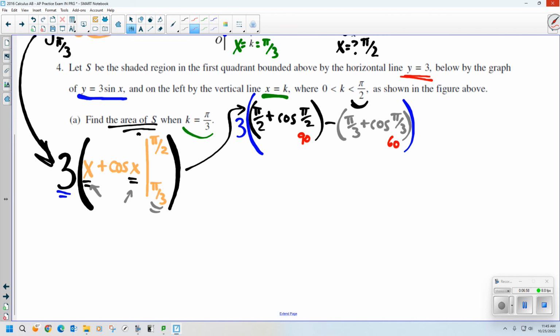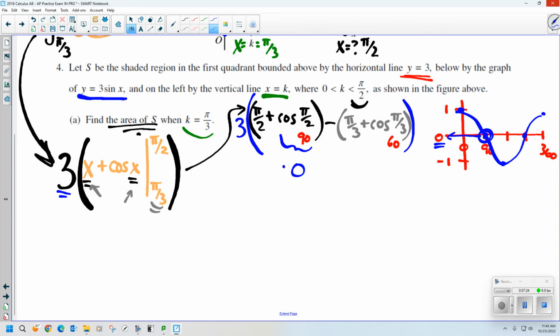So the cosine of 90, here's 90, 180, 270, 360. Okay, cosine, that's 0. Cosine starts up high, it's the cup. Here, down here, down here, down here. Down. So it does this thing. The cosine of 90 degrees, or pi over 2, is 0. So this is going to be 0 plus pi over 2, which is just pi over 2. We still have our 3 on the outside that we're multiplying this by. Okay, minus,